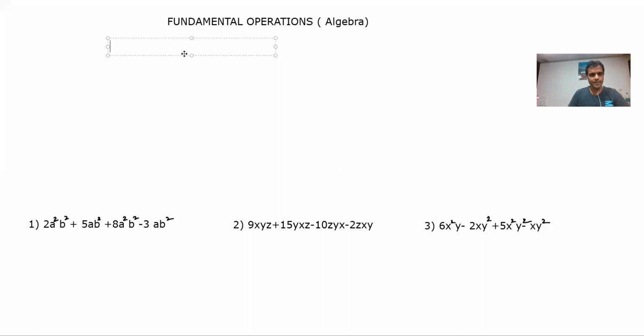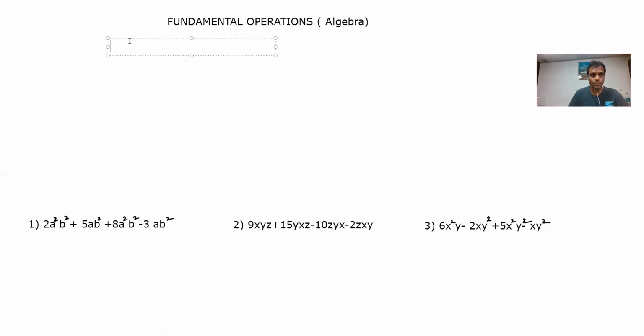Hi students, today we are going to talk about the chapter fundamental operations, and this is a part of the algebra. Now I would suggest that before you get into this chapter, go back to the previous chapter which talks about the fundamental concepts, where they have spoken about what is a constant, what is a variable, what are algebraic expressions, what is a power, what is a degree, what are coefficients. These are very, very important concepts.